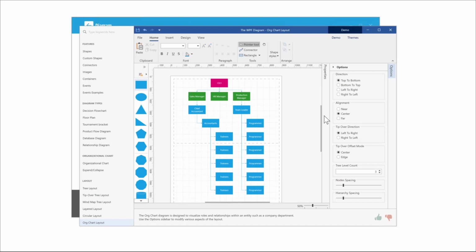Imagine that as a tree algorithm. You'd have your org chart extending way out across and off the screen. In fact, while I'm here, so that's the automatic layout, let me just show you the other organization chart that we have here,